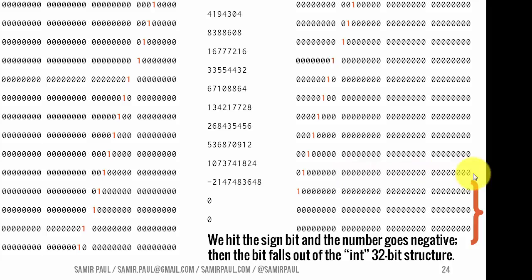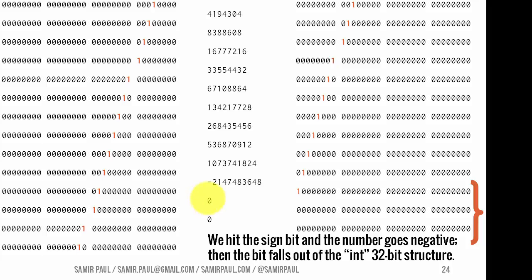And the question is, what's going to happen the next time we shift the bit? Well, it turns out something really, really weird happens. We get a negative number. And it makes sense why, because if we just shift the bit one more time, as we've been doing every time we multiply by 2, we end up with 1, which means we have a negative number, and then a whole bunch of zeros. Now, my program kept going, and it kept multiplying by 2 again. So we multiplied this huge negative number by 2 again, and the next answer it gave us was 0.